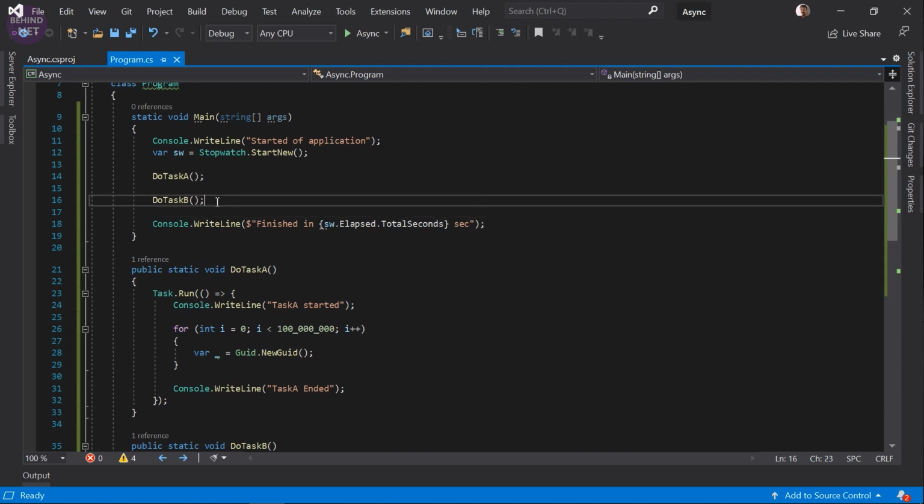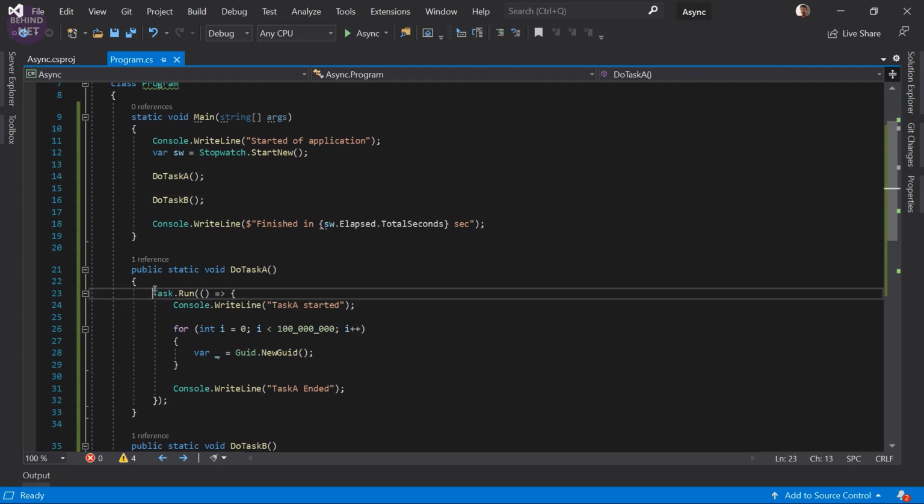To correct this, we need to explicitly say we need to wait until the corresponding code gets completed. For that, we can use the await keyword. To do that, we just give await in front of our Task.Run method. You can notice it shows an error. This is because